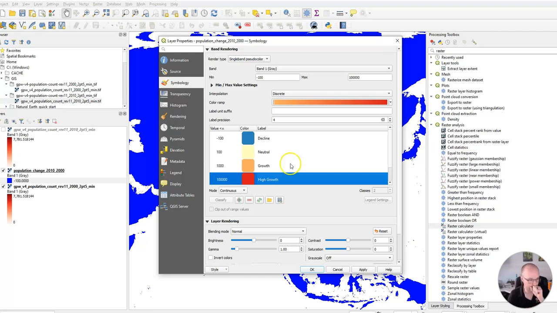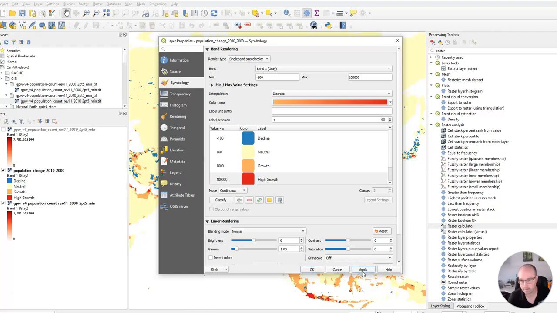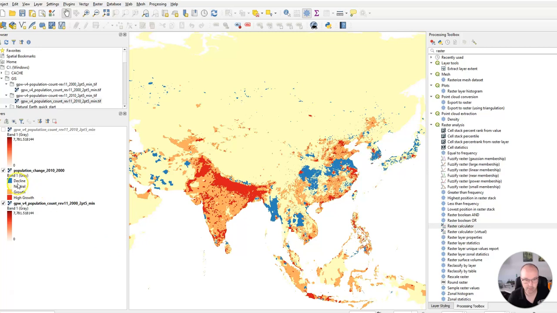Okay. And so the colors themselves aren't hugely important, but just so you know that they're there and available to you. So if I click apply now and OK,